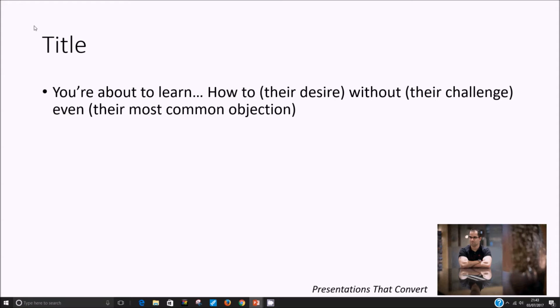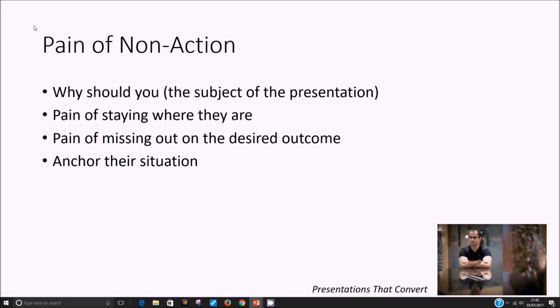Let's jump ahead to what would be slide number 12 in your presentation, which I call a pre-teaching edification. So this is something that you would include when you're about to start teaching the main bulk of your presentation. So when you're really going to give them some value, if it's online or offline, you're going to teach them something, the reason they came, you want to set it up with this. Because you're going to go to the offer at the end, right, which is going to be linked to this presentation. You're going to ask them to join or buy or book an appointment. So we need to let them know what happens if they don't take action on what it is you're about